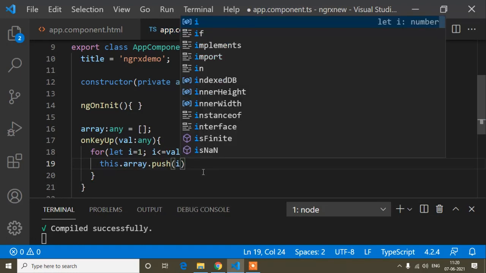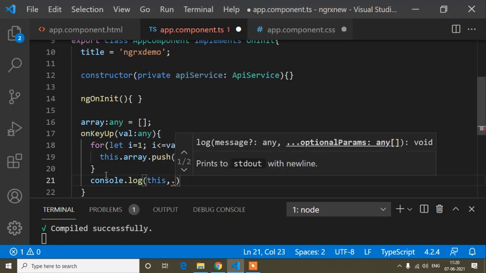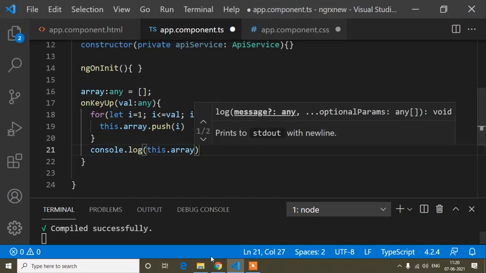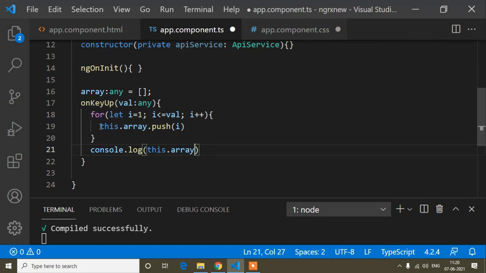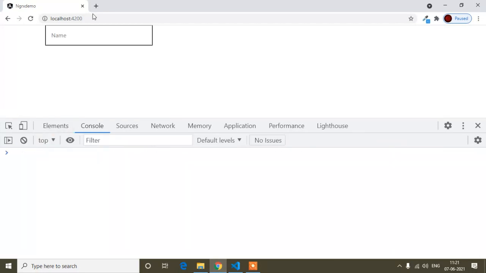Okay, so now guys, if I write console dot log and this dot array. So that means when I was printing the value, I was getting it like this way, but if I push this value in this array, then I will get the values in an array. So now I will save this and check it again. So you will find the values in an array. Now you can see, if I press 1, I am getting 1 in an array, and if I press 12, you can see I am getting 1 2 3 4